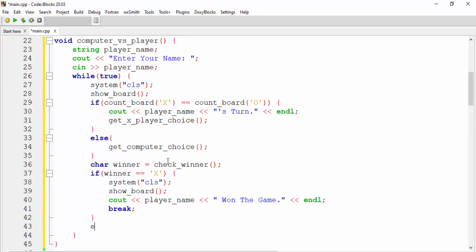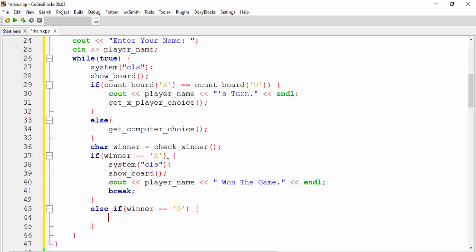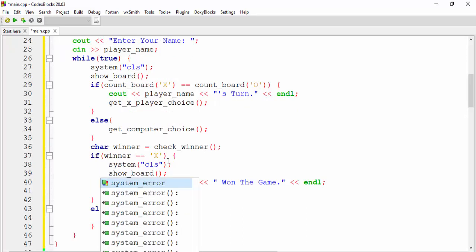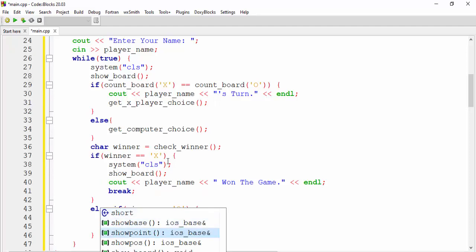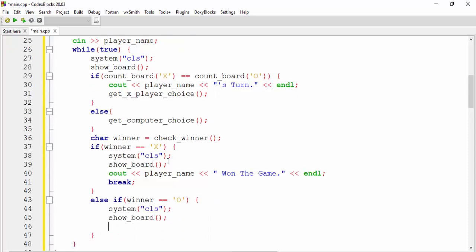Now we will check another condition, which is else if. Here we'll check else if winner is equal to O, it means the computer wins. So here we'll say system CLS, show board, and here we'll say cout computer won the game.